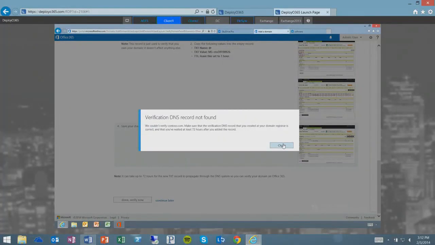It didn't find mine because I didn't do any of the steps I needed. But if you did that text record, it takes a few minutes, usually 15 to 40 minutes, depending on how it propagates. And then it will just immediately pick you up and allow you to verify that domain. So that was a great question. And once you verified that domain, and you'd need to do this with every single domain that your DirSync is going to push up, that's when it will soft match on everybody.